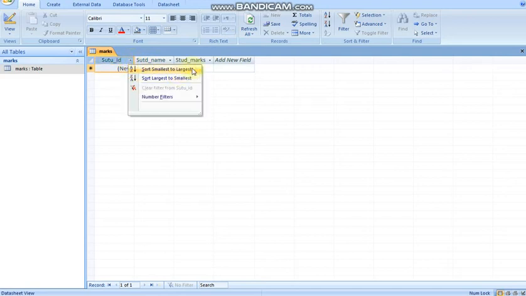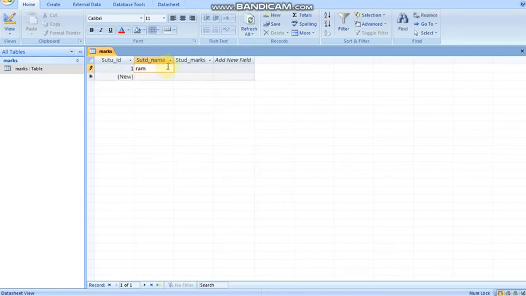So in this field, data enters automatically, and then type your student name. It's like Ram, marks 35. Then the next student name is, suppose, Geeta, marks 50, and so on.